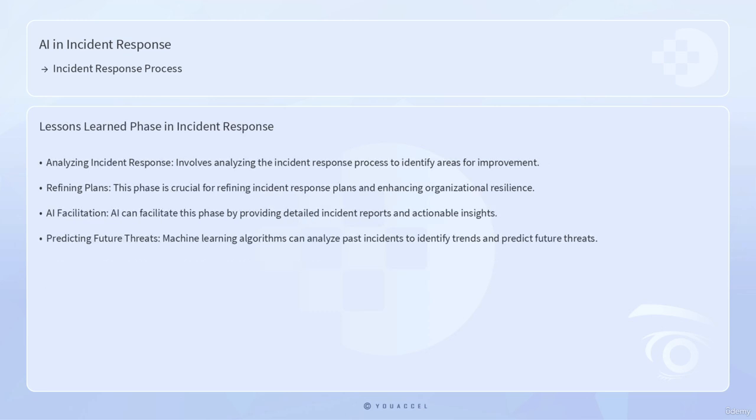Finally, the lessons learned phase involves analyzing the incident response process to identify areas for improvement. This phase is crucial for refining incident response plans and enhancing organizational resilience. AI can facilitate this phase by providing detailed incident reports and actionable insights. Machine learning algorithms can analyze past incidents to identify trends and predict future threats, enabling organizations to proactively address potential